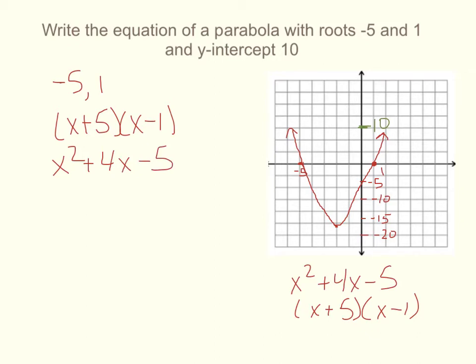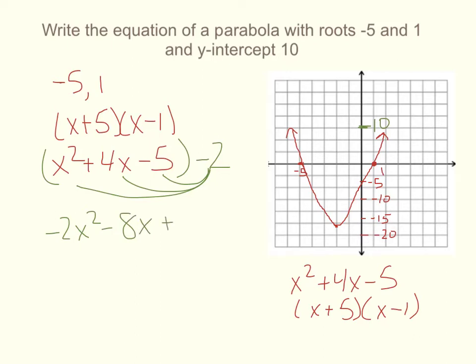And what we want to do is change this to be 10. So what we're going to have to multiply by is -2. So we get -2x squared minus 8x plus 10. And that makes a lot of sense if you think about it, because in order to make that happen, we have to go down to have the same x-intercepts, and this being the y-intercept, and look,